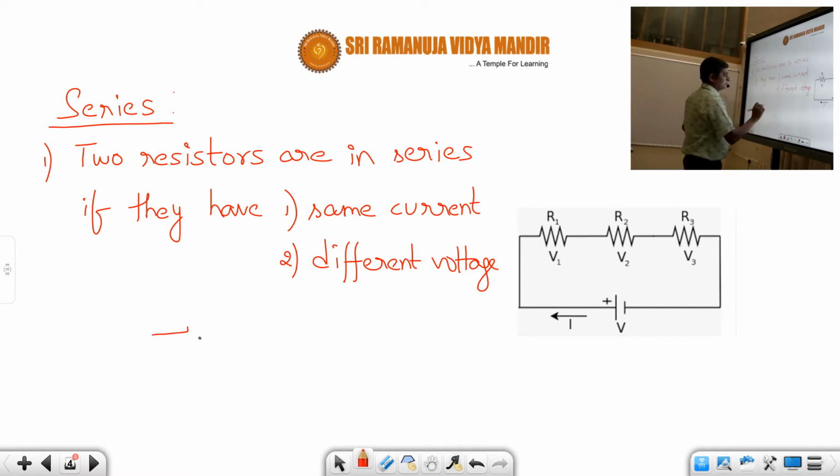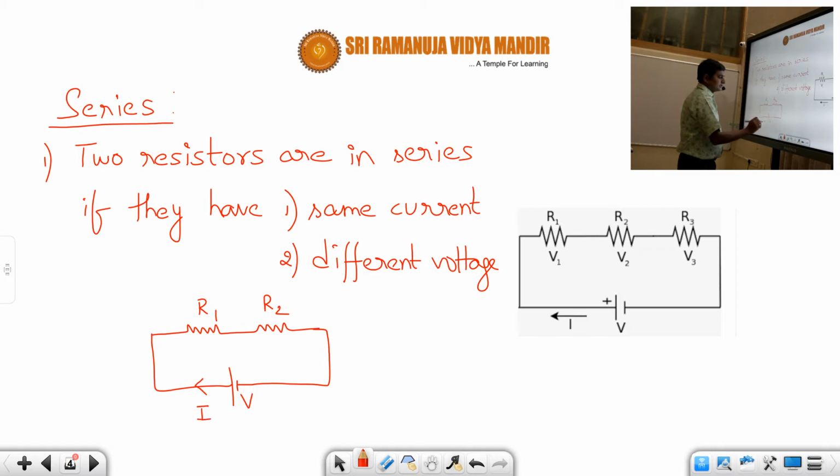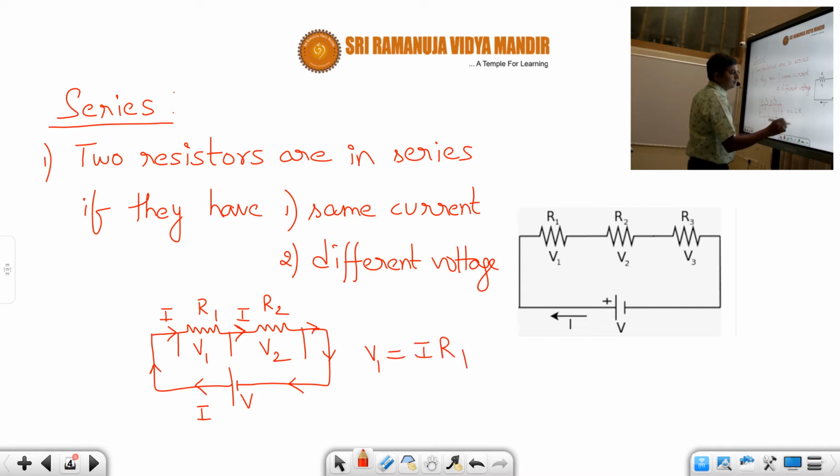Okay, students, for example, let us say this is one resistor, R1, and this is R2. Now if I connect it to some cell of voltage V, then what will happen, students? First current will flow like this, it will go like this, and then come back. Now how much current is flowing through R1? I1. How much current is flowing through R2? Sorry, I. Same current. So these two are in series, and the voltages across those two resistors will be V1 and V2, students. According to Ohm's law, what is V1, students? V1 is equal to I into R1. V2 is equal to I into R2. So voltages are different, currents are the same.